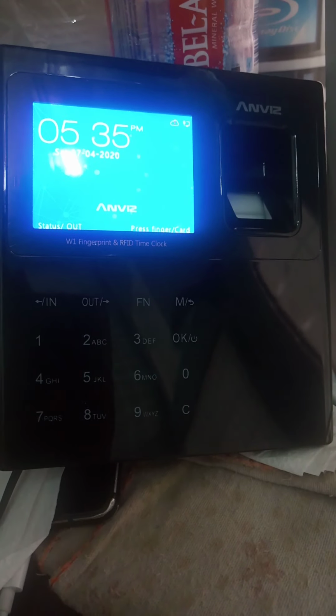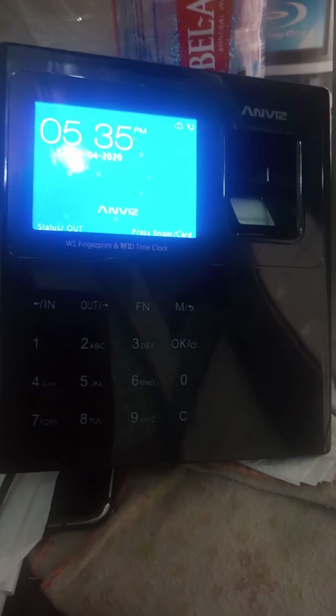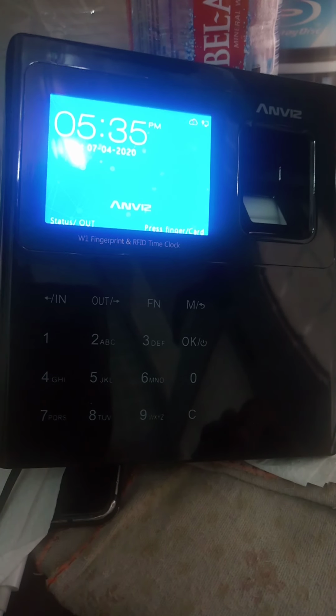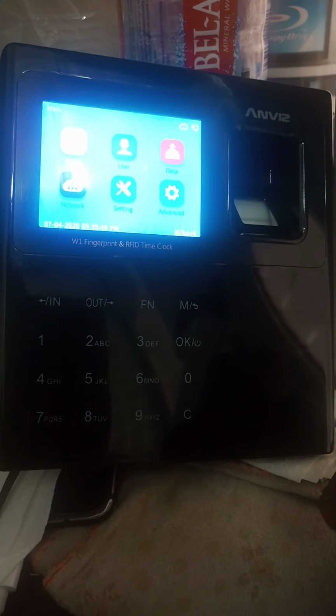So we're going to learn how to configure the Anviz W1 model attendance system. First of all, you can either connect via USB or your LAN cable. We're going to do our connection via the LAN cable. So we go to menu, we enter, we log in. From there we go to our network, we go to Ethernet,